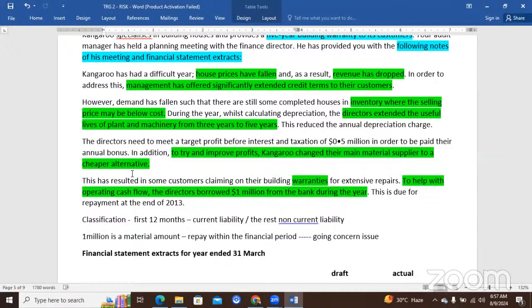So if they want to get a bonus, they should meet a minimum of 0.5 million profit. It's a control risk. See, this might result in a person manipulating the financial statements